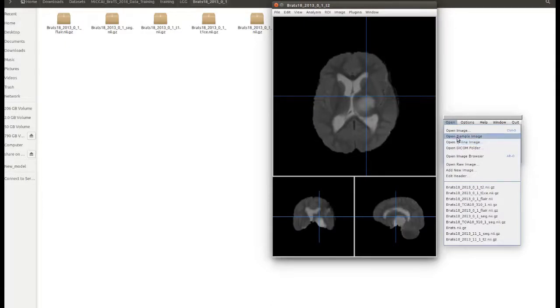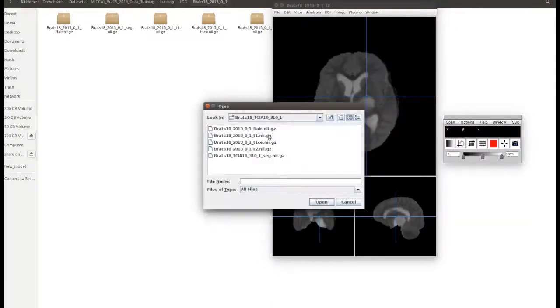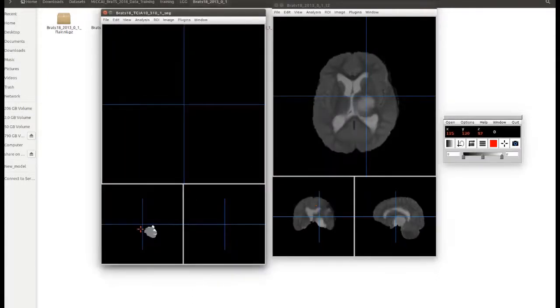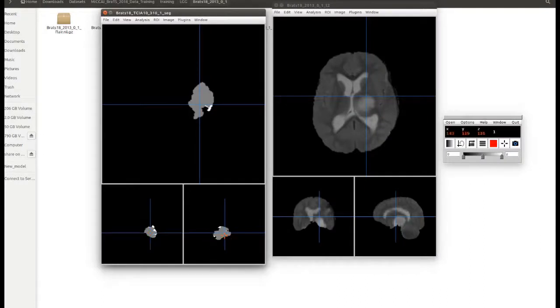And I'll show you how the tumor looks in 3D. So this is the segmented image, what we call a target vector. This is the tumor portion corresponding to this image. Okay guys, why is this important?